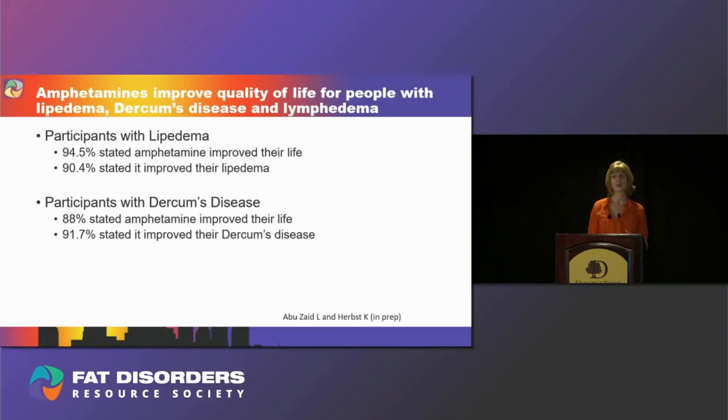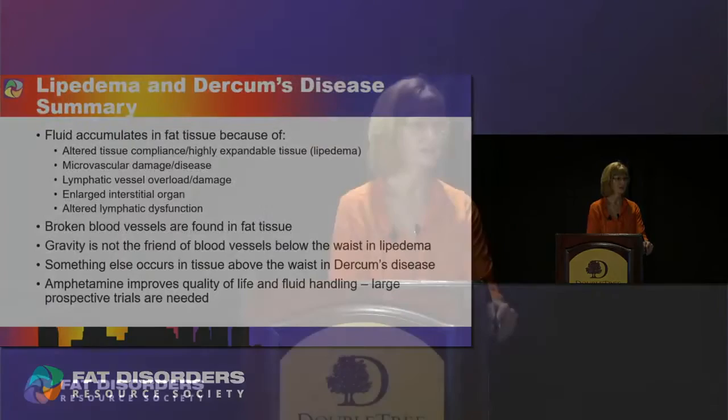That's huge. But who wants to use amphetamines for the rest of their life? You know, not me. It's a controlled substance. You have to get a new script every month. And it's an amphetamine, it's got a bad reputation. We need more supplements. We need more medications. We need more tools to replicate what amphetamines do, so that you can do for yourself what your doctors have to do every month, writing that controlled substance script. So even though this is amazing, I really like amphetamines, I wish I didn't have to use them. So in summary,